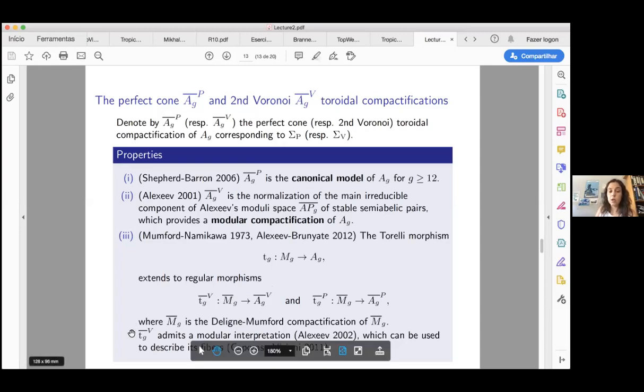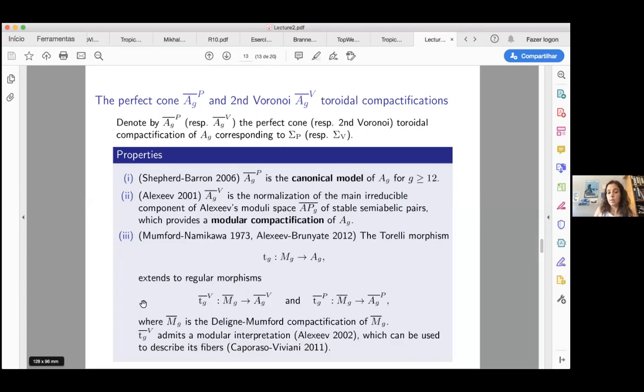And again, using the fact that the second Voronoi compactification has a modular description, Alexeev showed that this extension of the Torelli morphism also admits a modular interpretation, and this was used to describe